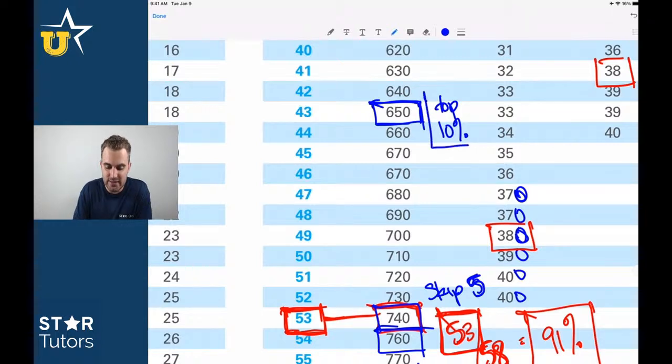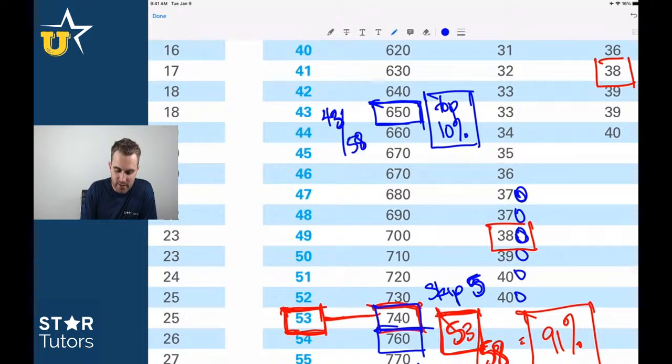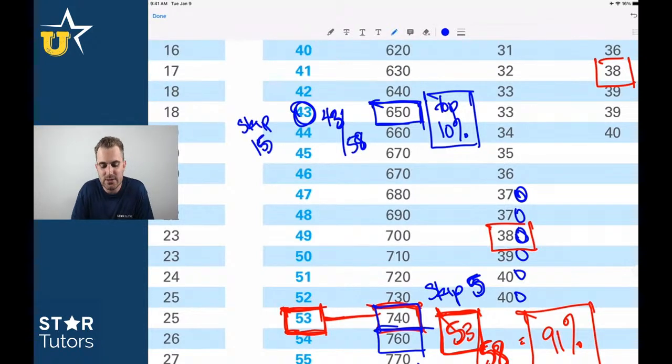If you get a 650, you're in the top 10%. You have to get 43 questions right out of 58. 43 out of 58. Guys, that's skipping the 15 hardest questions. Skip 15 questions, and you get a top 10% score. This right here, right? If you get a 43 out of 58, you're talking about a